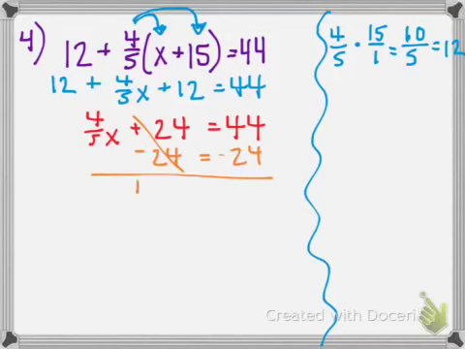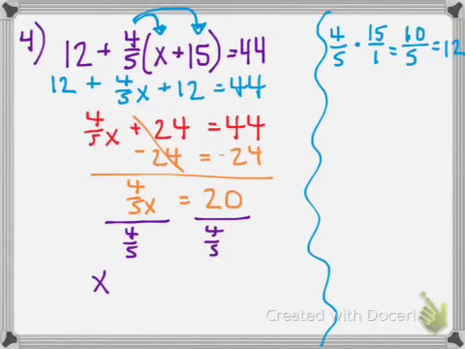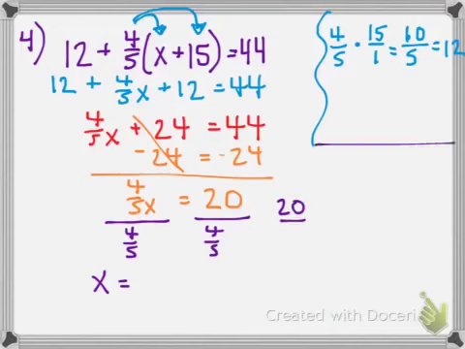My left side, I have 4/5 x is equal to my right side, 44 minus 24 is 20. And then I can go ahead and divide by my coefficient, which is 4/5. Divide both sides by 4/5. So I get x equals 20 over 4/5, which is a complex fraction. And that's the same as 20 over 1 divided by 4/5,